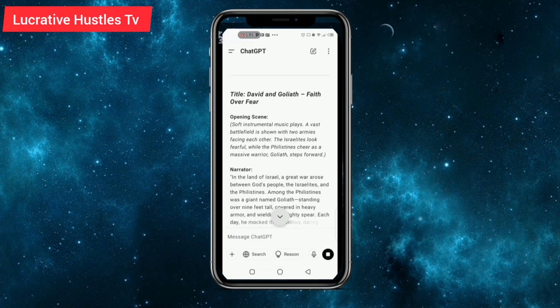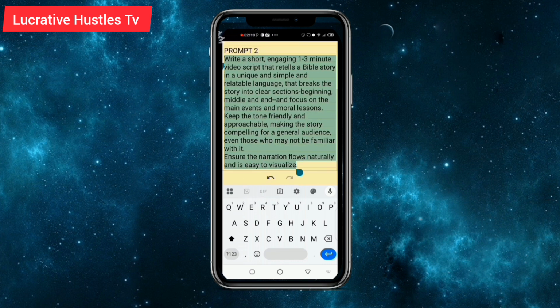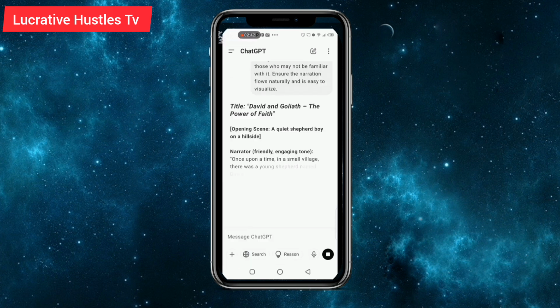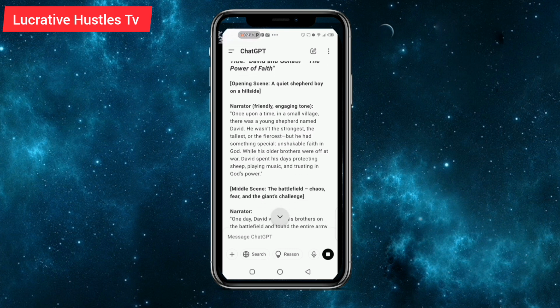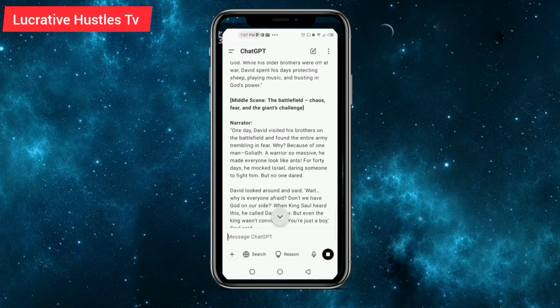Now this is going to give you visual narration and all that good stuff. We are going to copy it and take it back over to ChatGPT and write it after number 1. Now we have a whole visual and a narration for each scene. For each scene there's a visual and a narration, so it's easier for you to create images and your narration. Okay, so we need a voiceover.